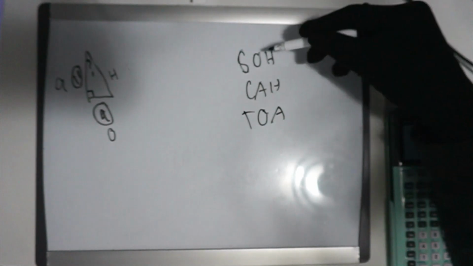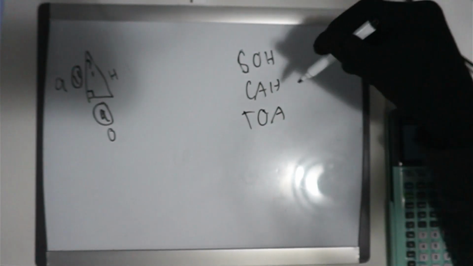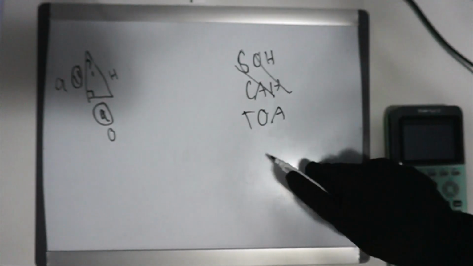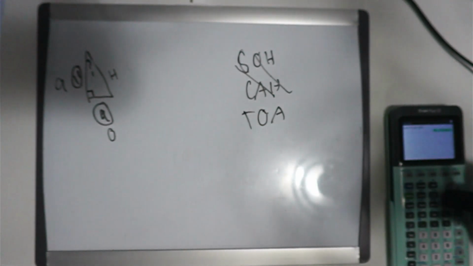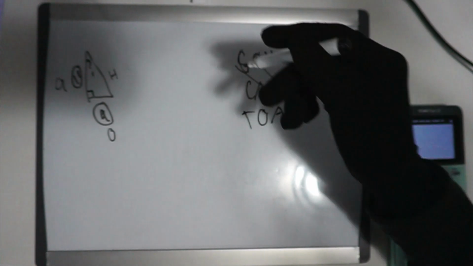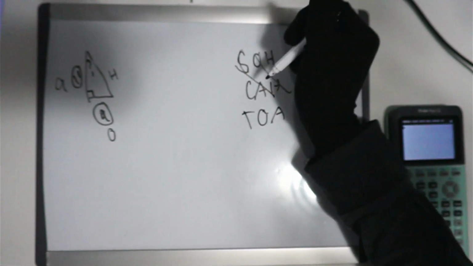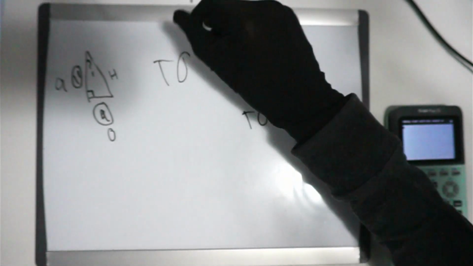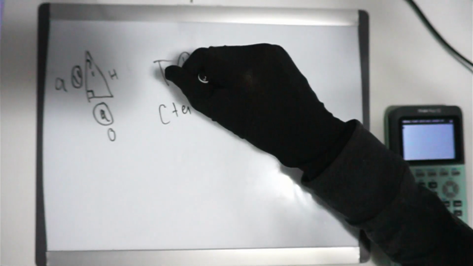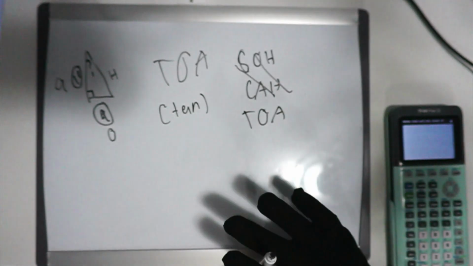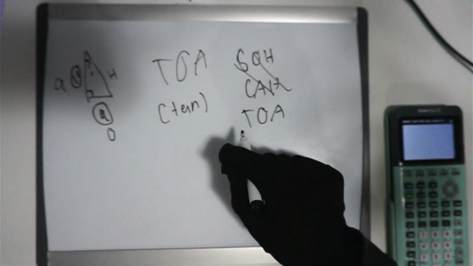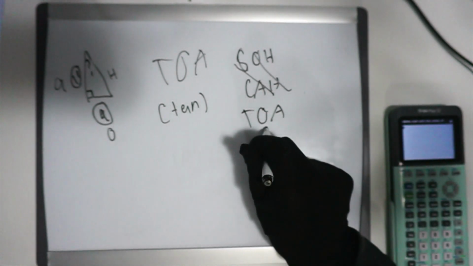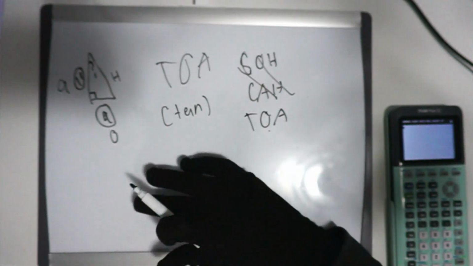then we know that this has a hypotenuse and this has a hypotenuse, so both of these aren't going to work, and that leaves us with tan and adjacent. Let me just remove that. So now we know that it is TOA, or using tan, and here we know, since it is tan opposite adjacent, we know it will be